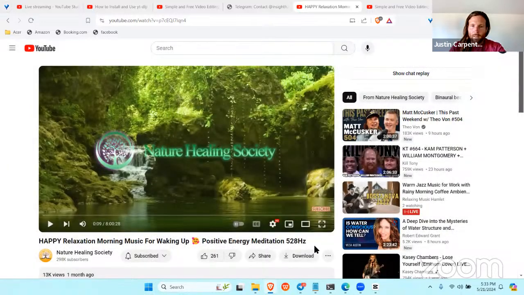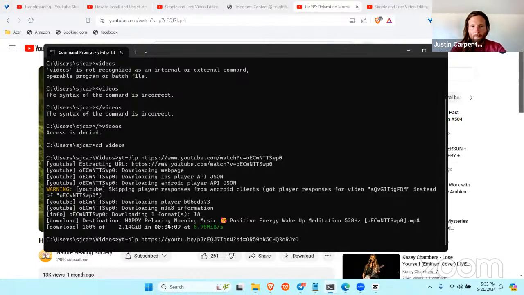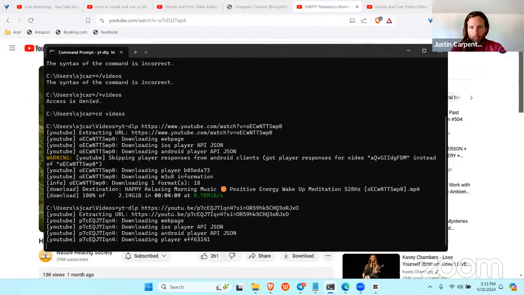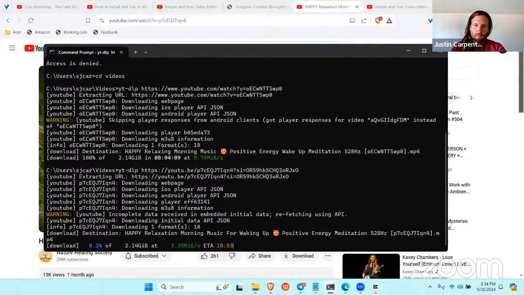And once you've got yt-dlp installed, then it's as simple as typing the command in and hitting enter, and boom, it is now downloading. Once all that runs, it'll tell me how long it's going to take to download it. It will take care of that. So there you go. You can see it's downloading, and it's going to take a few minutes to